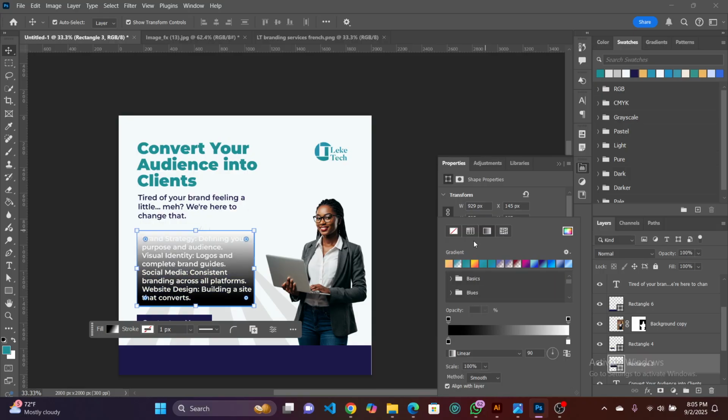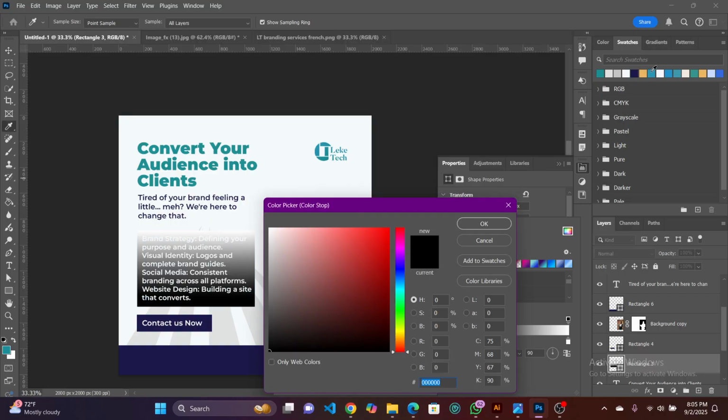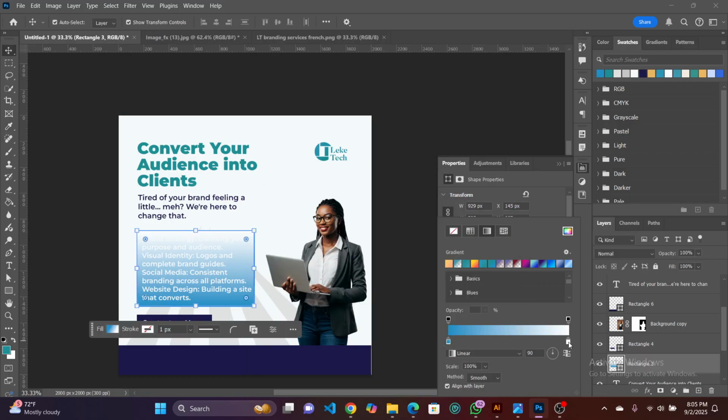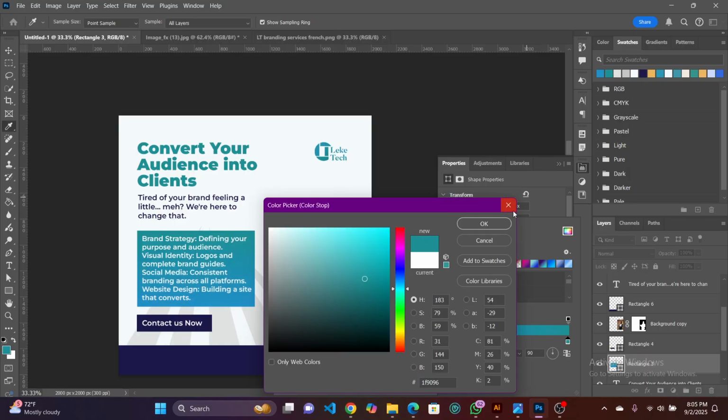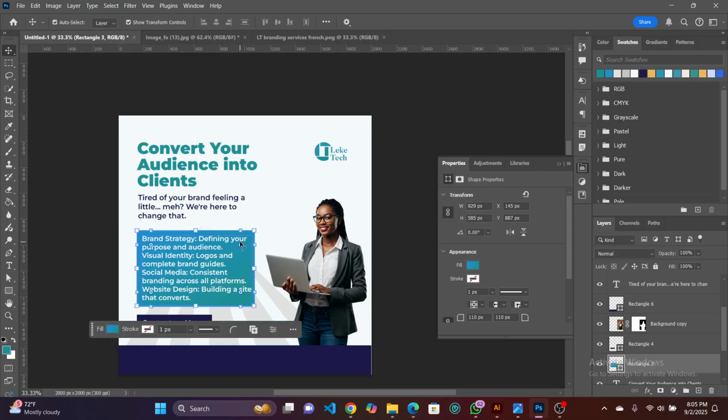Click on this for the gradient, and to customize the gradient, I'm going to change the black color to one of my colors from my palette, and then the white color to the other color of my palette. I can also change the angle for it to look like this. And I can also round these edges by either clicking on this anchor point here and dragging it like this,